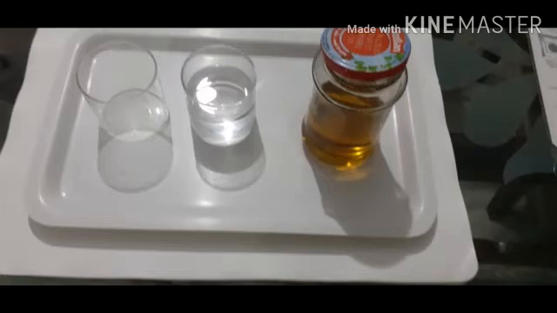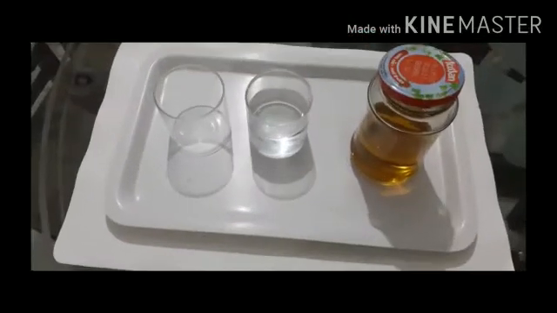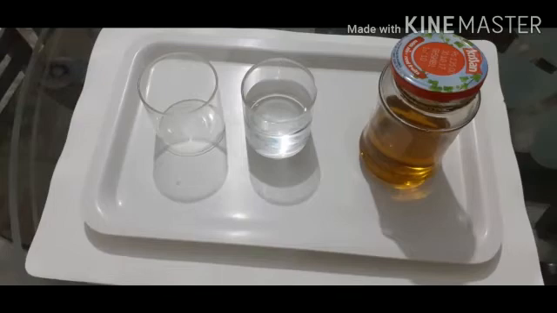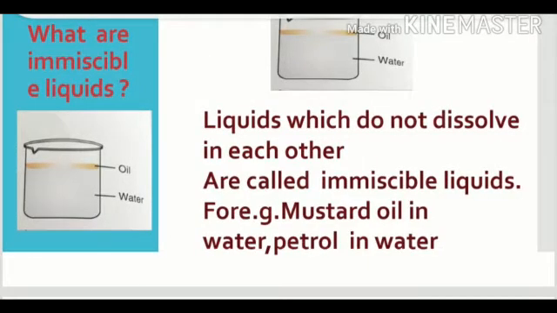I am having a tray with two tumblers, one is empty, another with water, and a container having mustard oil. This activity will be performed later. First of all, let's go through what are immiscible liquids.